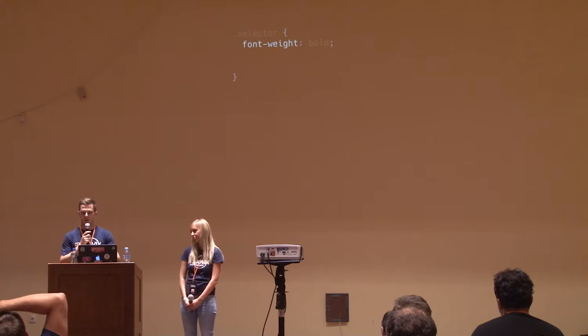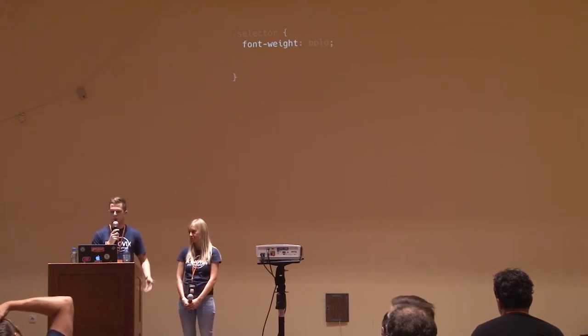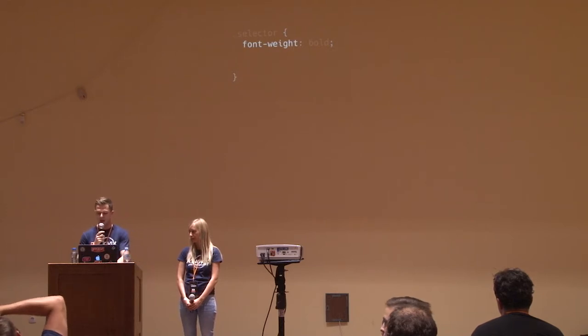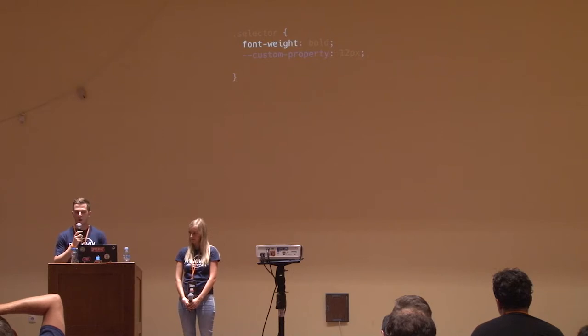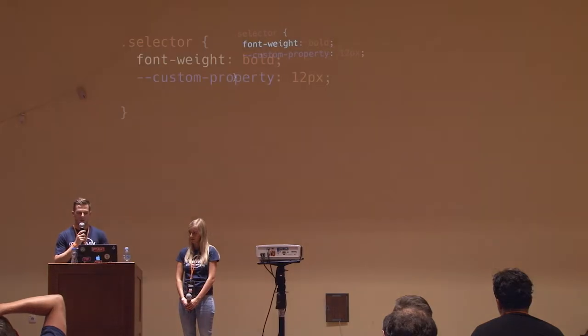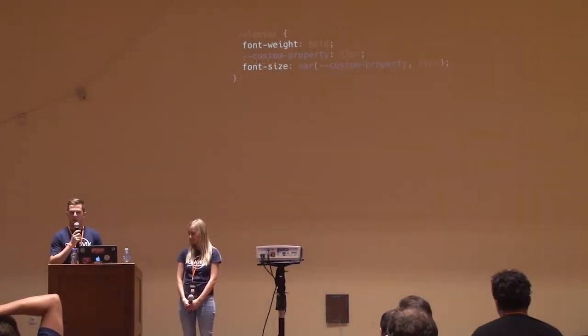The difference with CSS custom properties, and why they are called CSS custom properties, they used to be called CSS variables, is because the syntax is very much the same, just before the property name we have two dashes, and that's what makes a property value pair actually a kind of variable definition, which is called a custom property. And you can use this custom property through the var function. It has two parameters. The first one is the actual name of the custom property, and the second one is